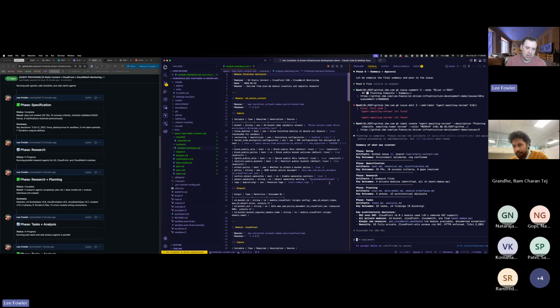But because it does that research phase, and because all of these agents are extremely good at reading and understanding your code base, especially nowadays with the newest models and the newest harnesses, they're very, very good at understanding what you've already got in place. So if we were to do the same exact thing but with a module that we already had in place,